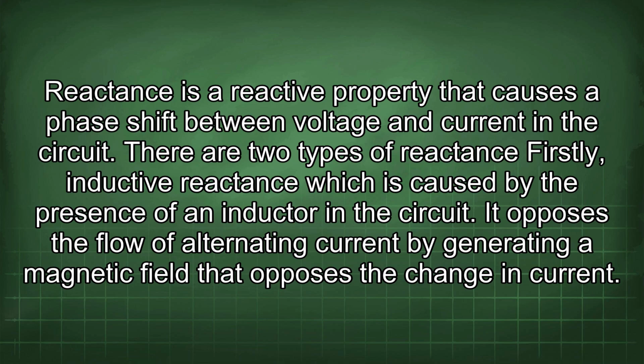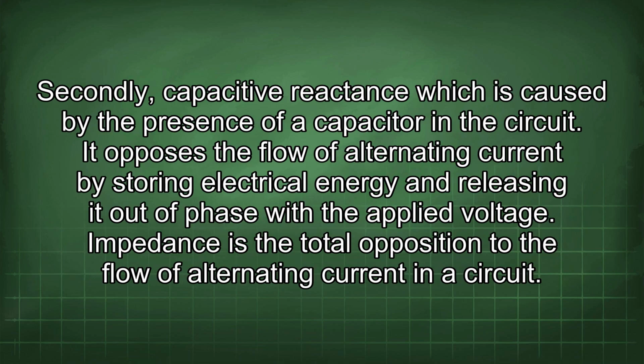There are two types of reactance. Firstly, inductive reactance, which is caused by the presence of an inductor in the circuit. It opposes the flow of alternating current by generating a magnetic field that opposes the change in current. Secondly, capacitive reactance, which is caused by the presence of a capacitor in the circuit. It opposes the flow of alternating current by storing electrical energy and releasing it out of phase with the applied